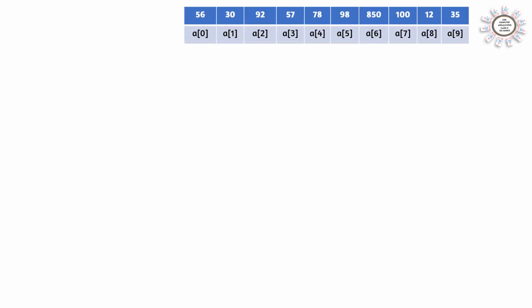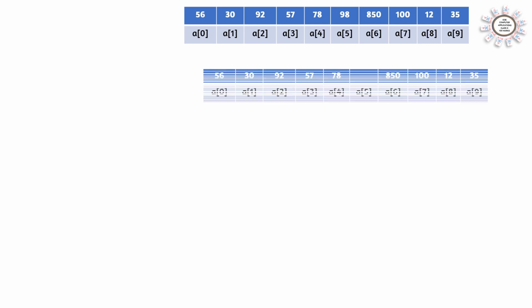First we can discuss the logic and then start the program. Here the elements are arranged in the proper order from A0 to A9. And then accept the element to be deleted. For example, here we are accepting 98. And we can see 98 is present in the array. That means that number has to be deleted. Here 98 has to be deleted.